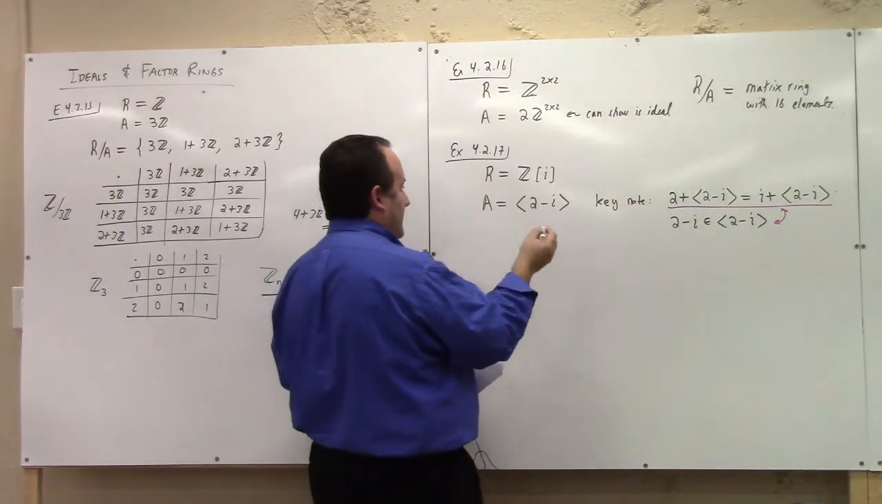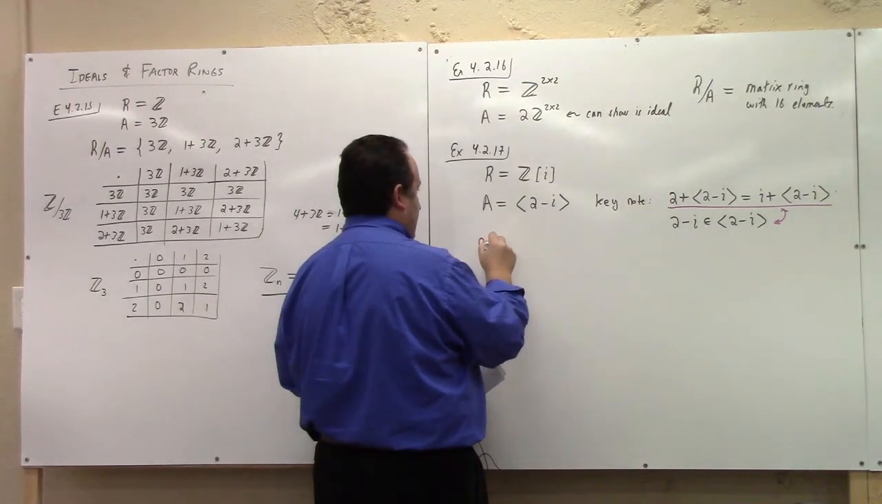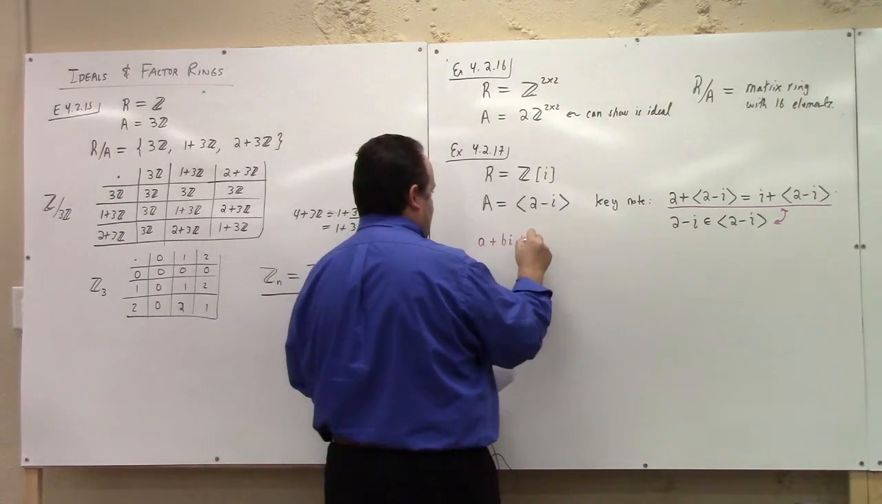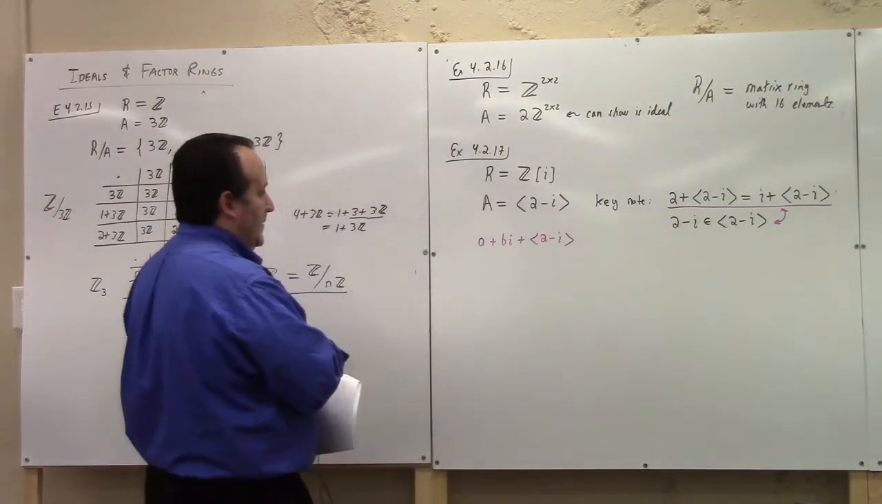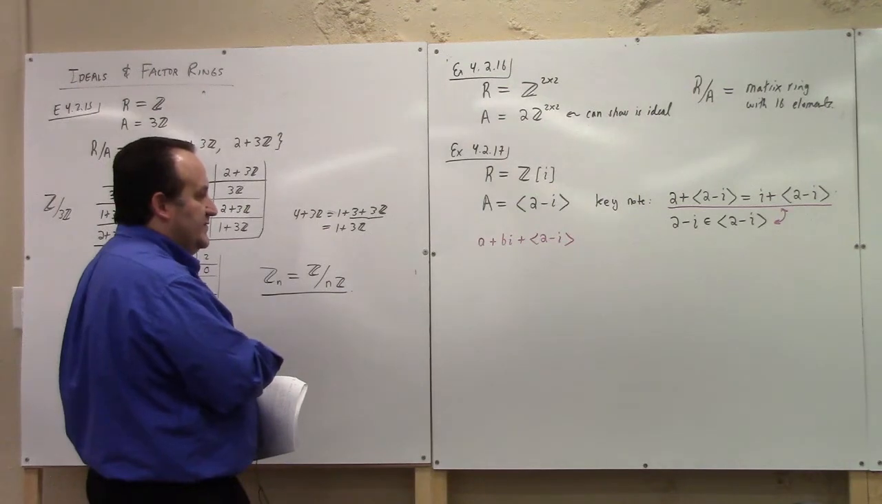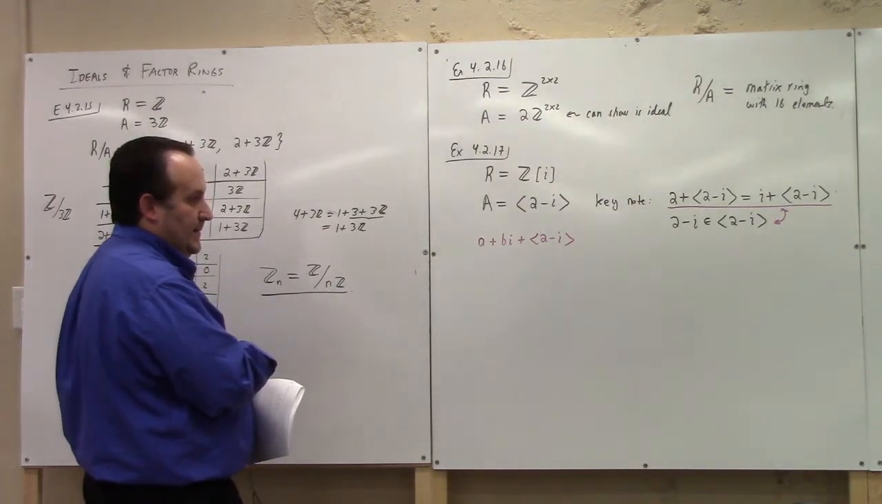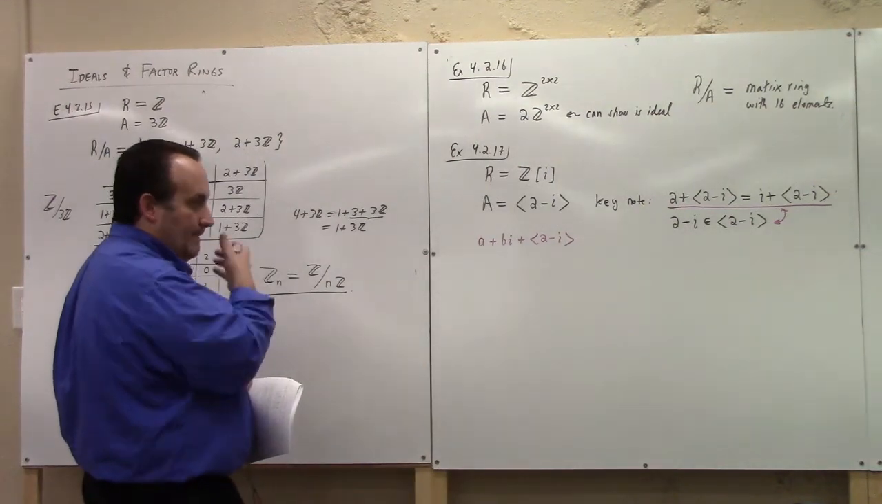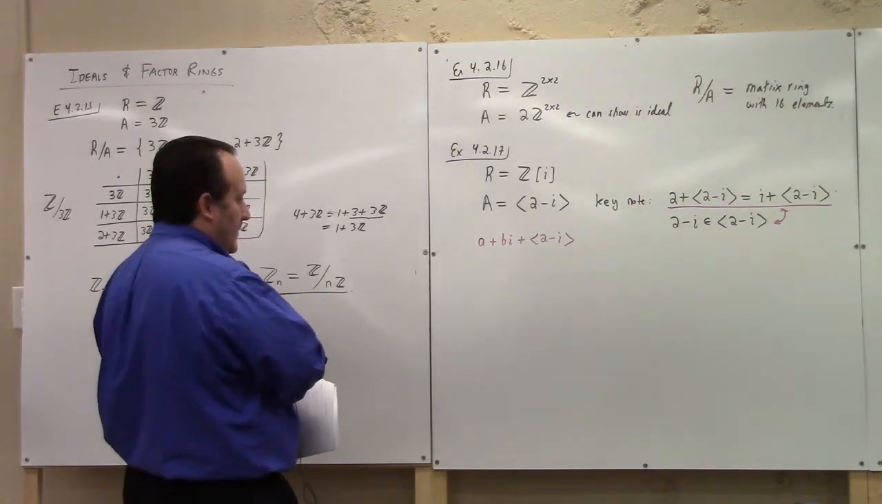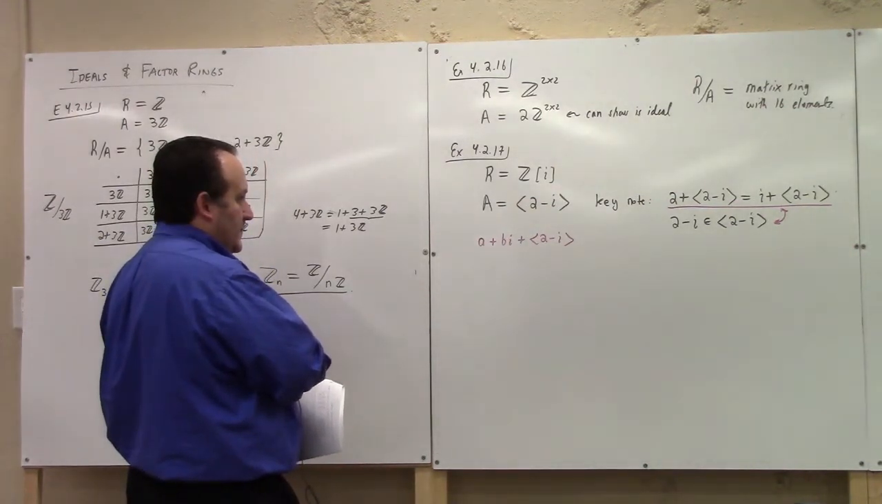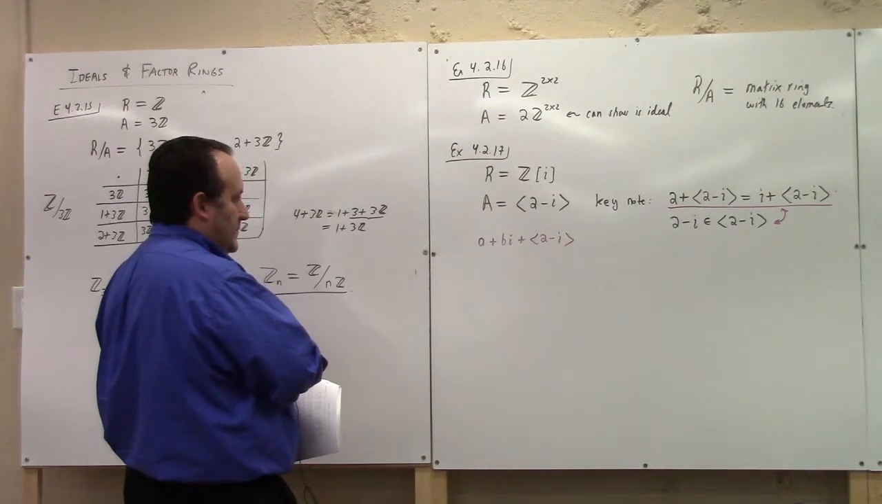So if you have something like a plus bi plus the ideal generated by 2 minus i, what can you reduce that to if you think about this? Well, 2 is like (2, 0), and then i is (0, 1). So could you change this to